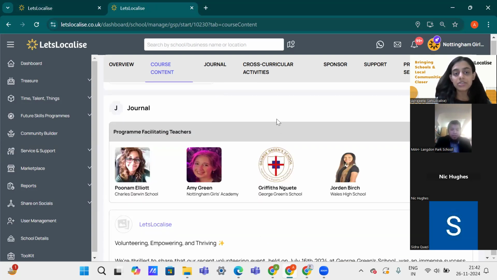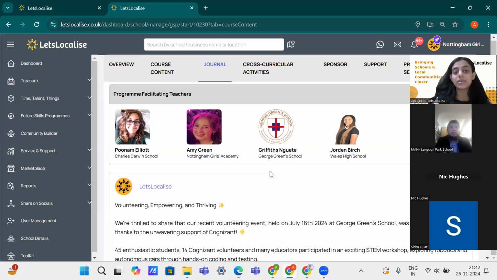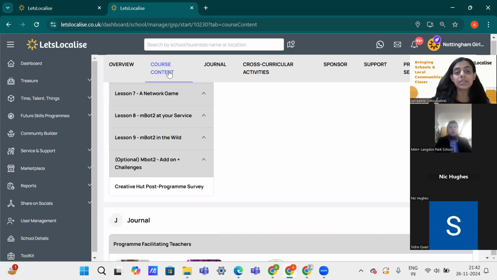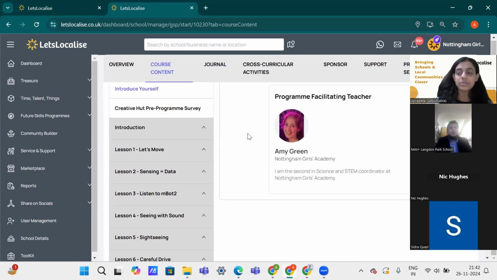We also have a section called Introduce Yourself, where we are asking all the participating schools to please introduce the teacher who's facilitating the program, just a picture and the name, their designation. We need this and we request you to fill in this detail because we want to be able to be very transparent and celebrate the teachers who are facilitating this program at a school level.